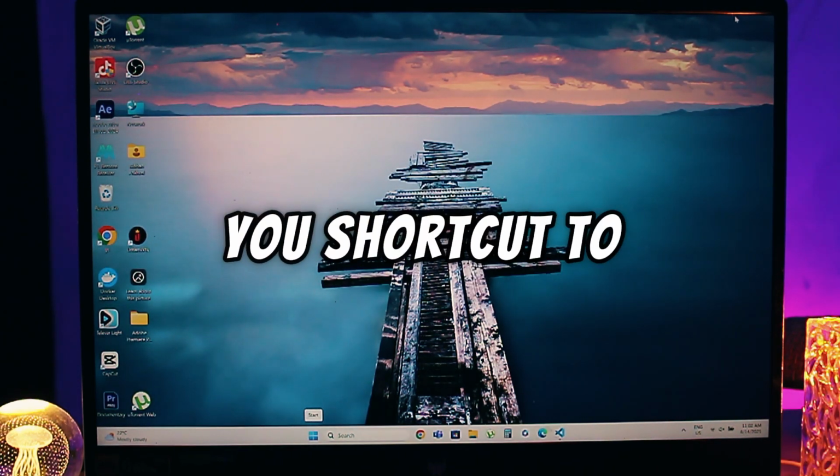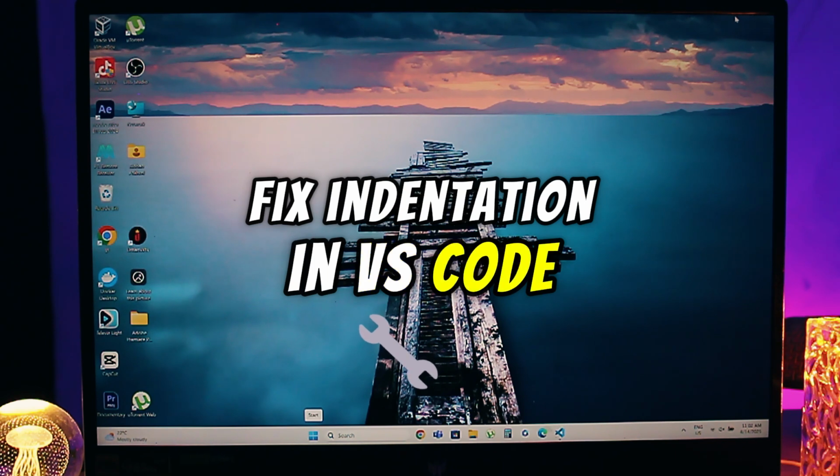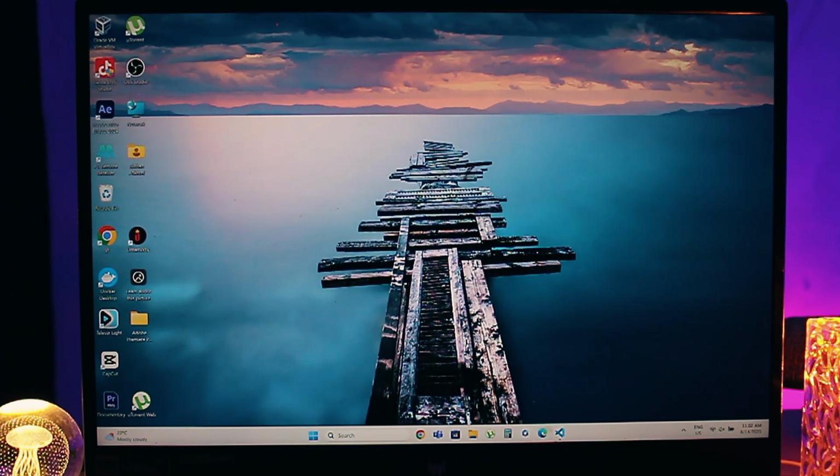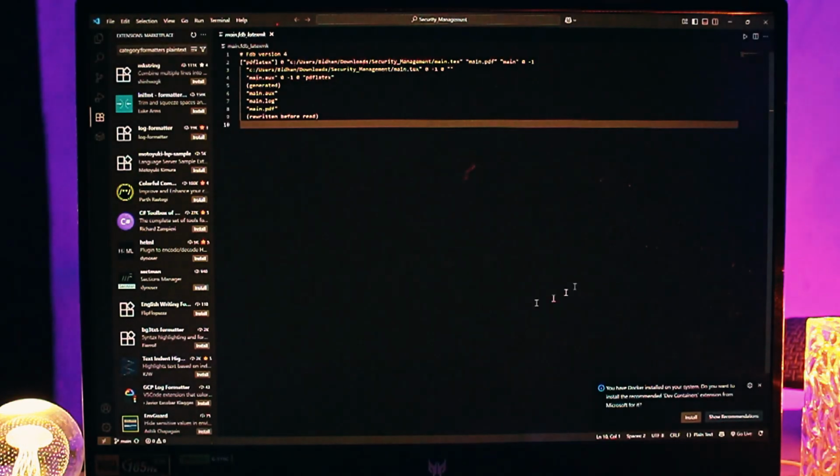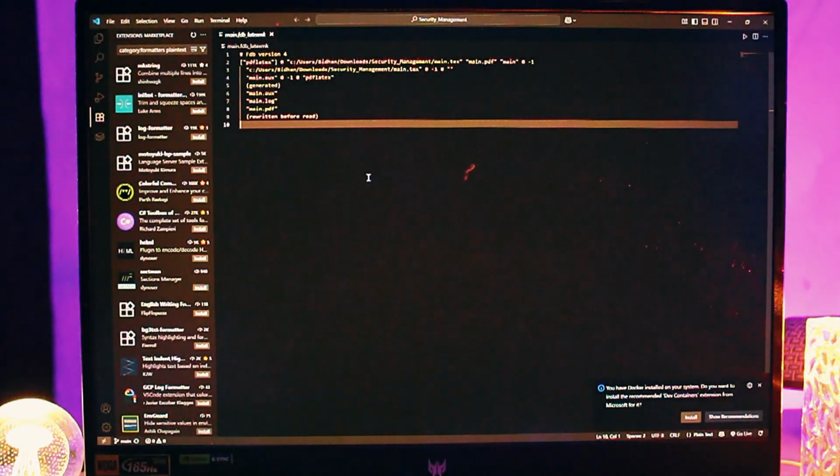Today I'll show you the shortcut to fix indentation in VS Code. First of all, open VS Code on your laptop or desktop. Then open the file. After you have opened the project folder or file, the shortcut to fix indentation in VS Code is